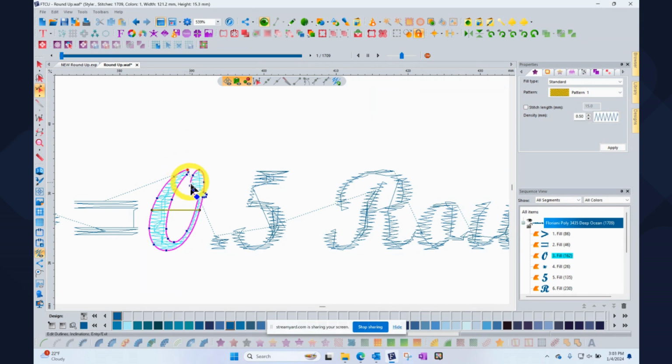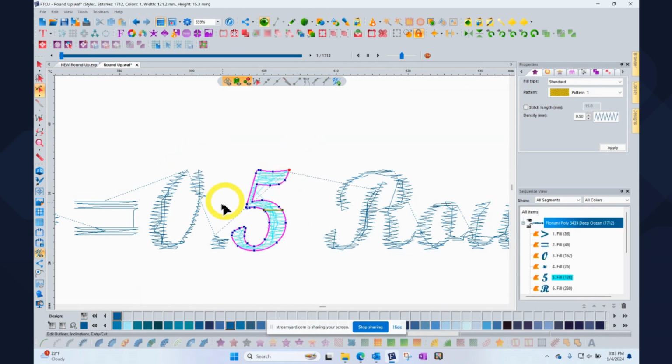And so therefore I made a longer jump in between them. I could do the same for the 5. I could move the exit point and the entry point for the 5 up there. And so now I'm changing the way the machine will stitch out. And therefore, when you save it to your machine format, it'll give you a longer distance and a better chance